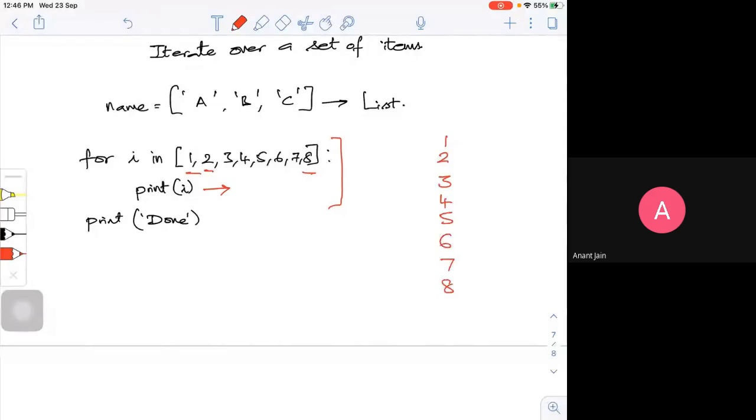Once the value of I is equal to 8, that means this is done. The loop will not work further, that's a definite value. Once that is done, it will come out and print, I am done. That is the beauty of this particular for loop. It's very definite in what I am going to define.